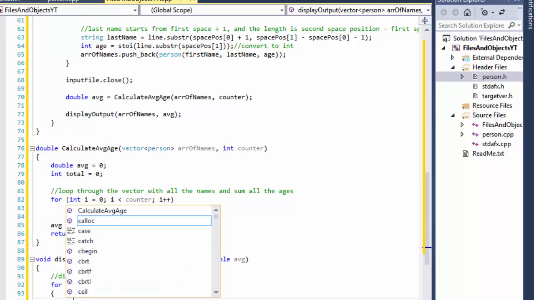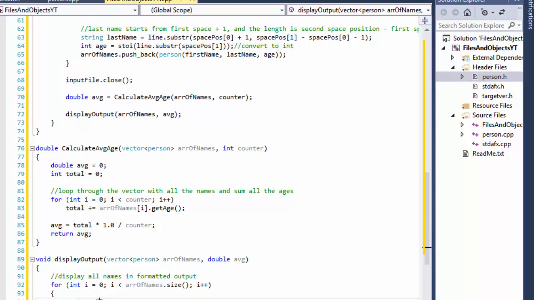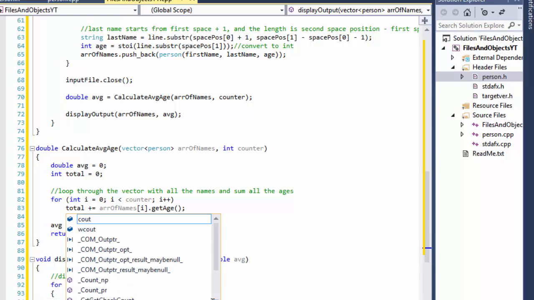And in it we will do something like cout, and it will say Person. I will capitalize it just because, Person number, and it will say person number 1, person number 2, and how many people there are, and it will equal I+1 because we're starting from 0. We don't want person number 0, we want person number 1, person number 2, and so forth. So this will simply output person number 1,